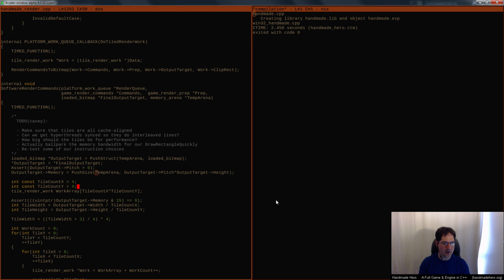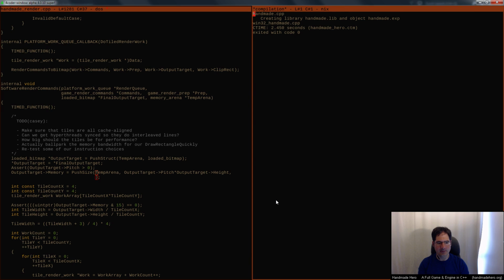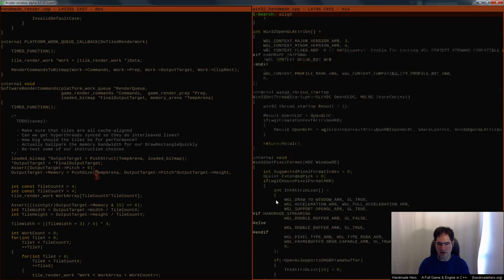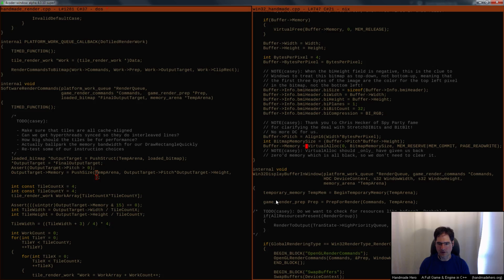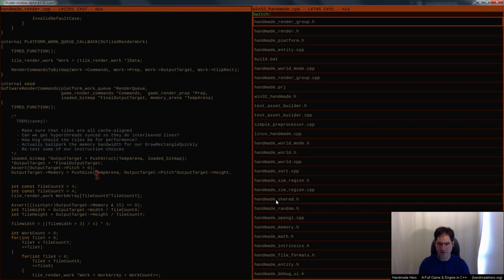Now, we know that this stuff has to be aligned, so I'm going to go ahead and ask for alignment here as well. I'm going to look just to make sure, because I'm pretty sure that we asked for the alignment in the existing one as well. Yeah, you can see here, this is how we did this stuff. Oh, we virtual alloced that. Wow, aren't we fancy? My goodness. Well, okay, that's not how we're going to do it here, but whatever.